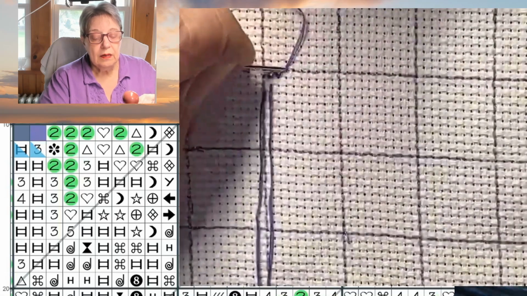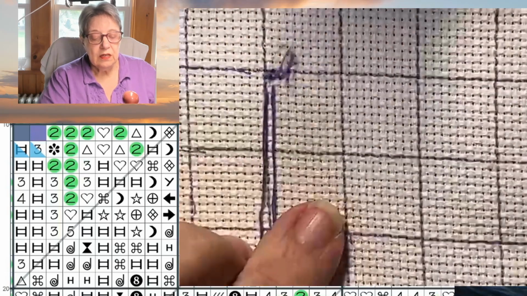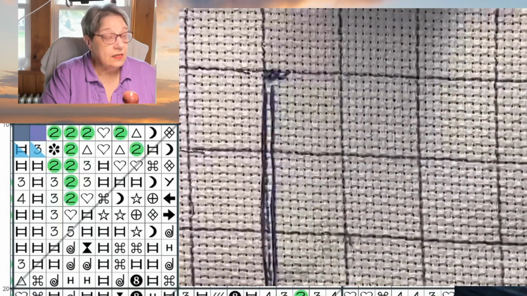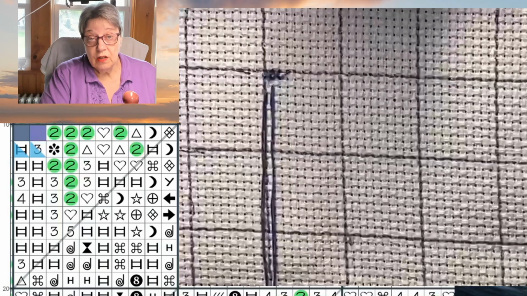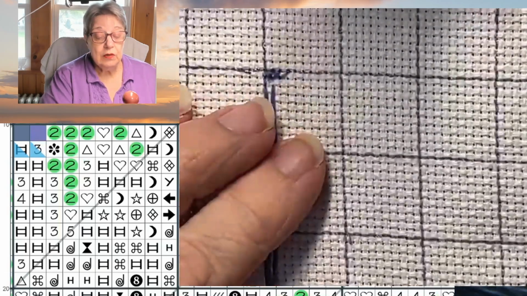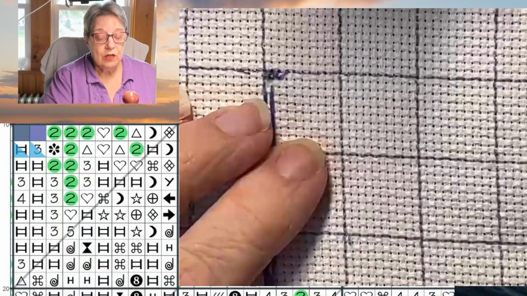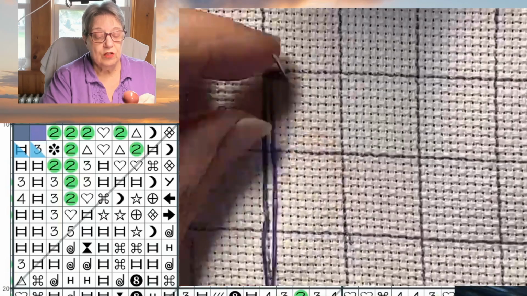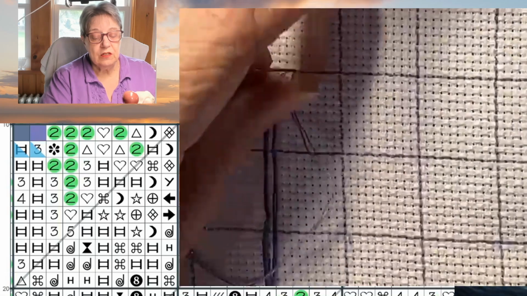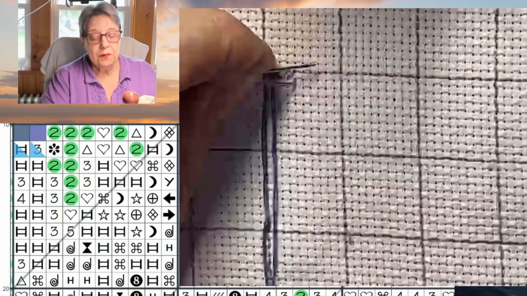Now, you have a choice here. If you notice, there's 3 stitches of the same color. And then it skips one and has another stitch of the same color. If you so choose, and that's what I'm going to do because there are people that do this, you can do the first half of those 3 stitches, 2, 3,